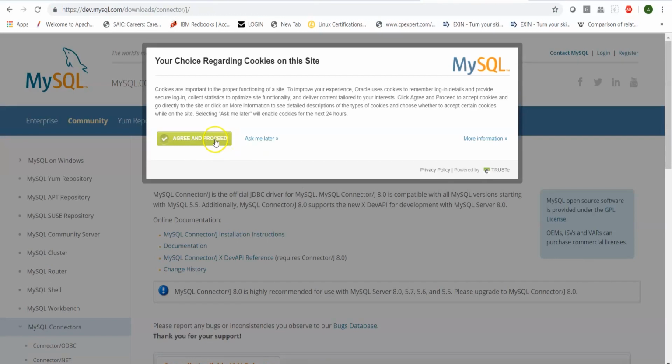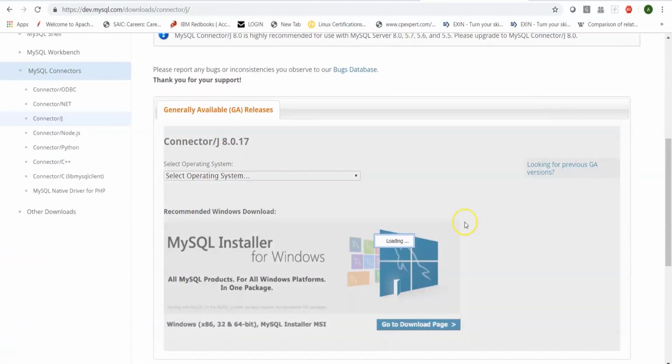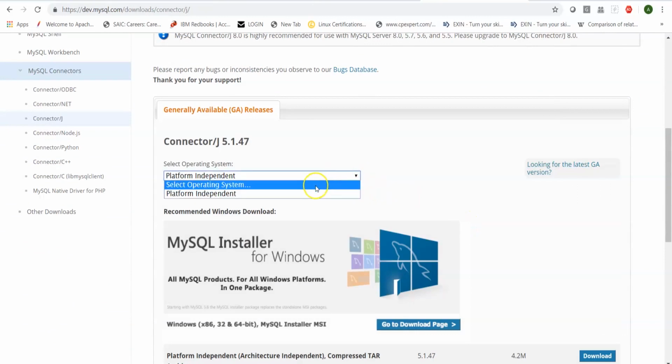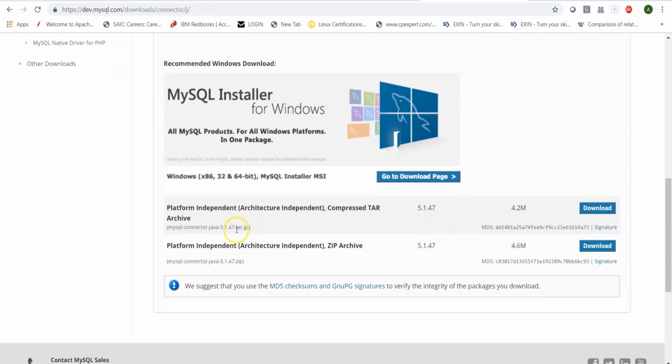Similarly for your other RDBMS, you could look for a previous version, or go for platform independent, and then download the connector jar file.